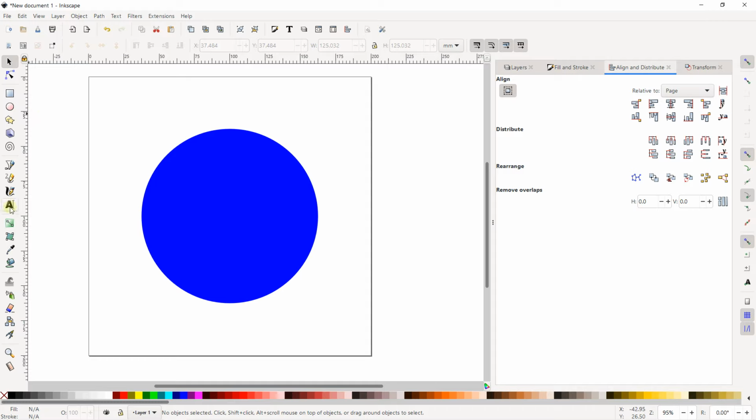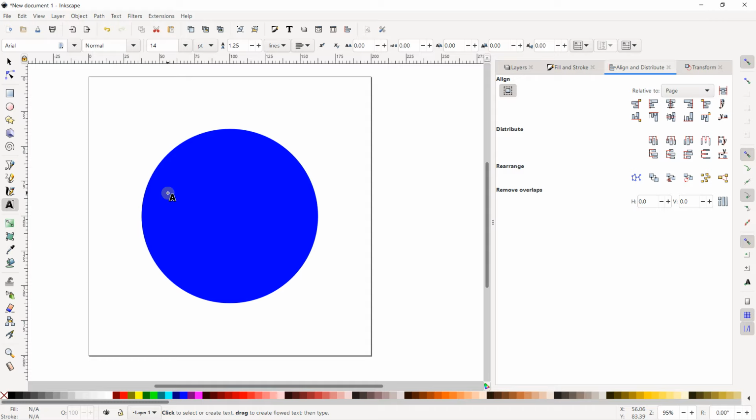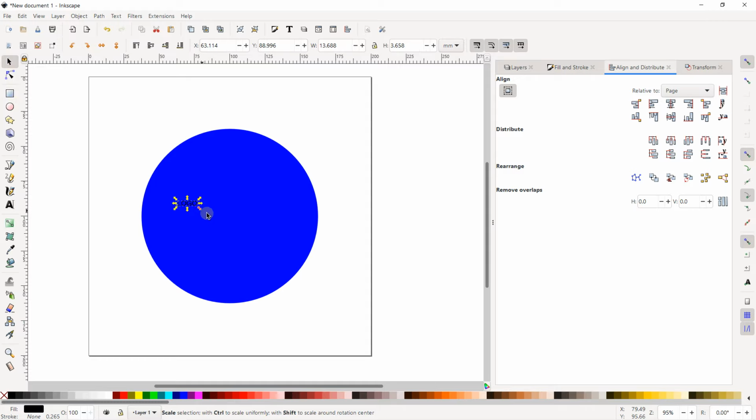Now I want to add text. I can click on the text tool, just left click here. Here I just created a frame, so just left click and you can type something like logo. I can then use my selection tool and increase the size a little bit with Control. And I would like to change the color, so I can go directly with the white color here.